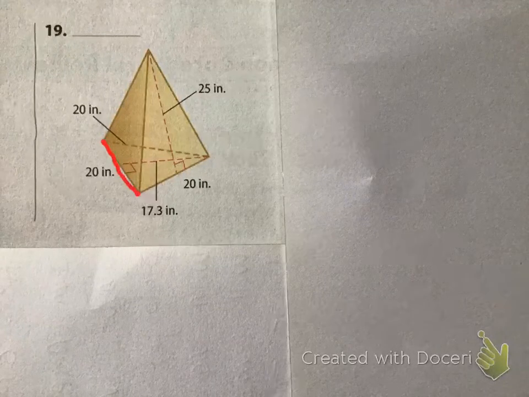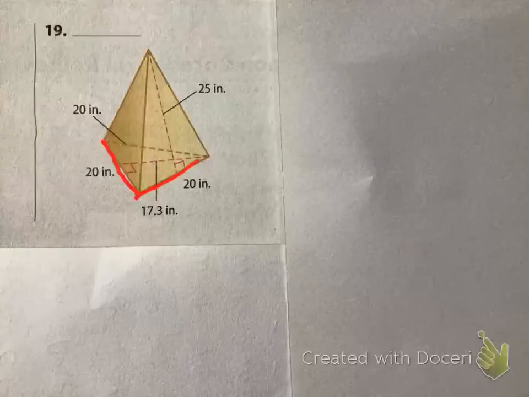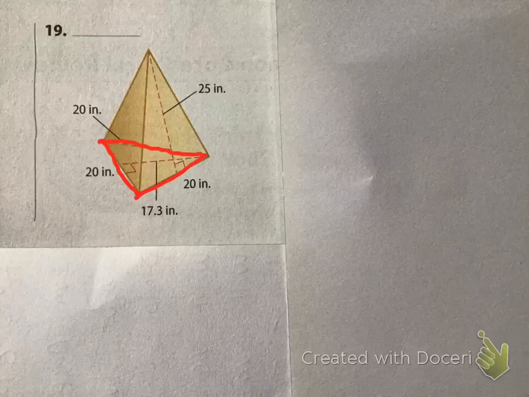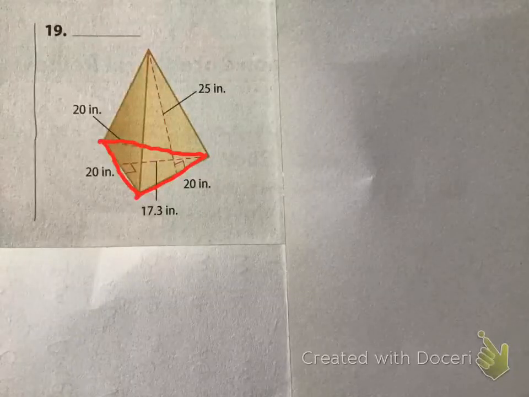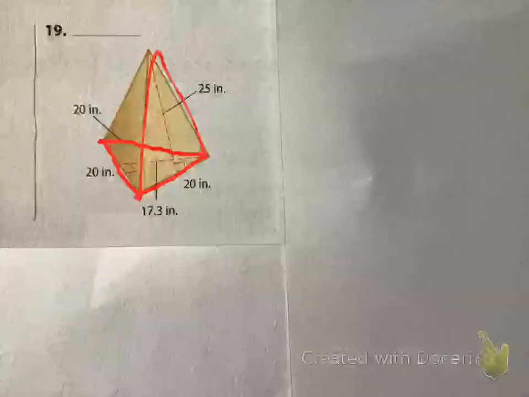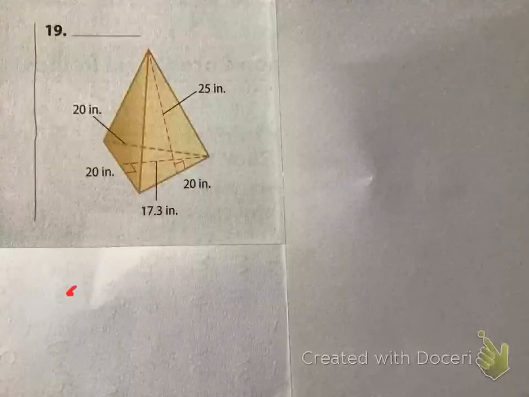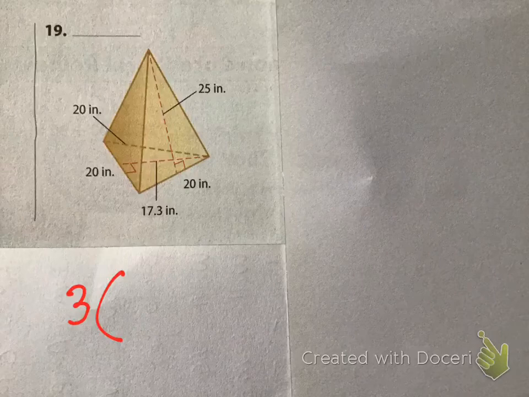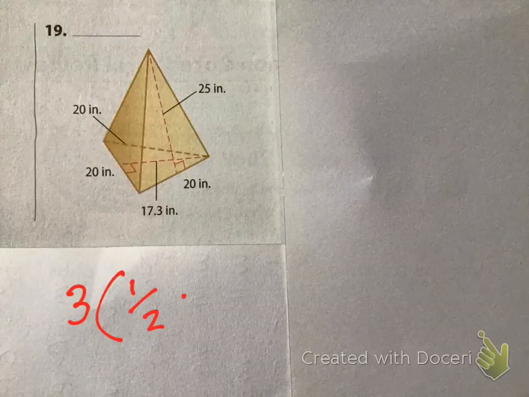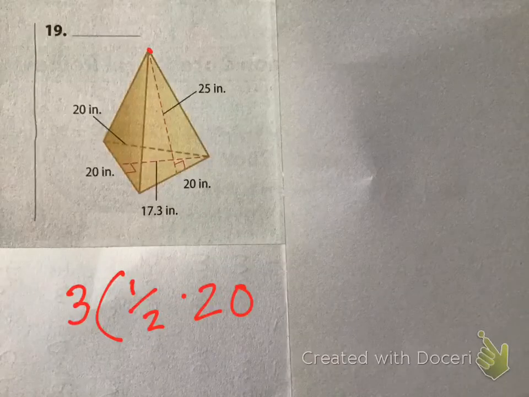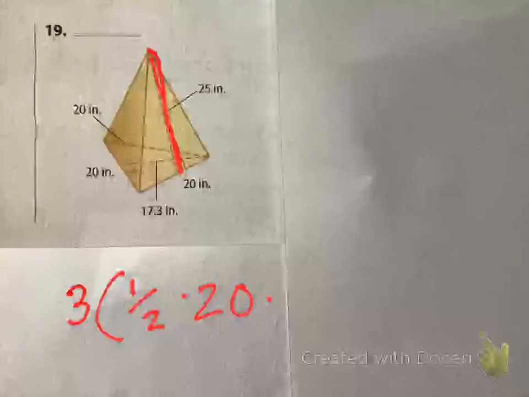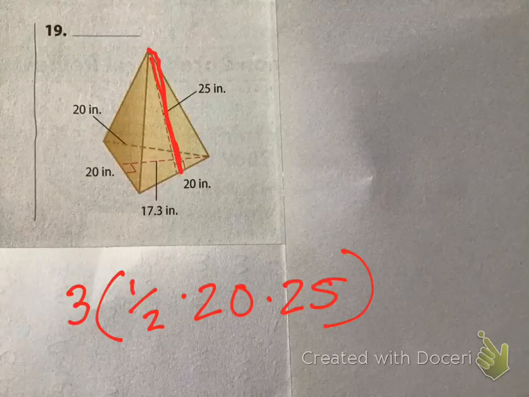So this is a length of 20, right? And this is a length of 20. And this is a length of 20. Since they're all a length of 20, all 3 of these sides are going to be the exact same. So we're going to have 3 times, and then they're triangles. So it's 1/2 times 20, and since we're talking about these upper sides, times 25, because that's what's called our